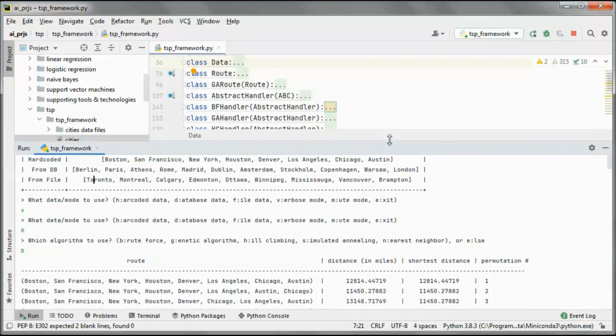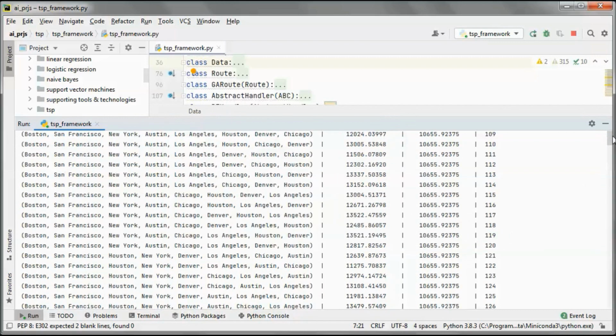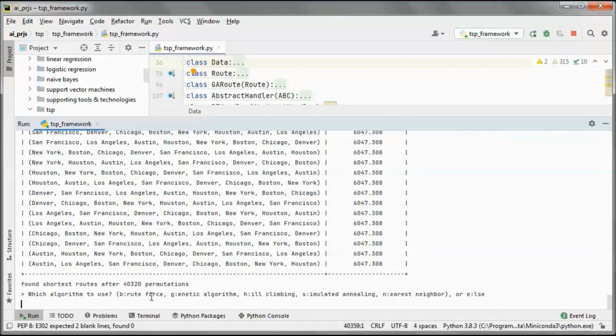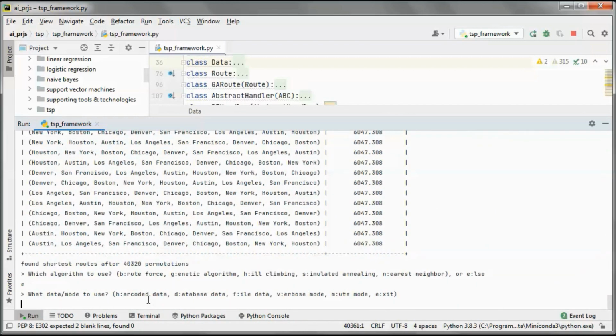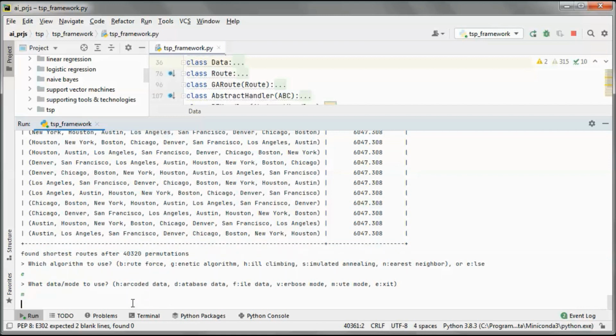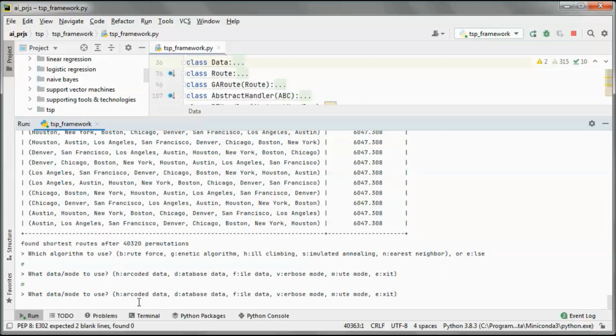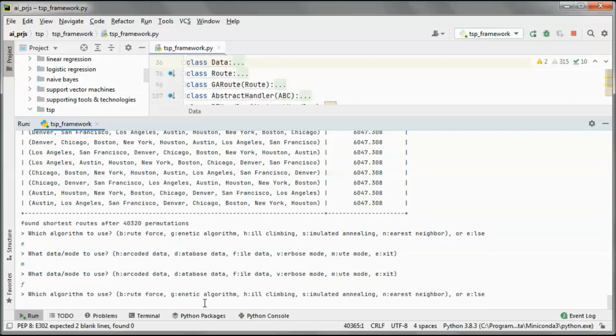So let's run in default mode. Mute is the default mode, and we'll use data coming from file, and same thing, we'll use brute force.